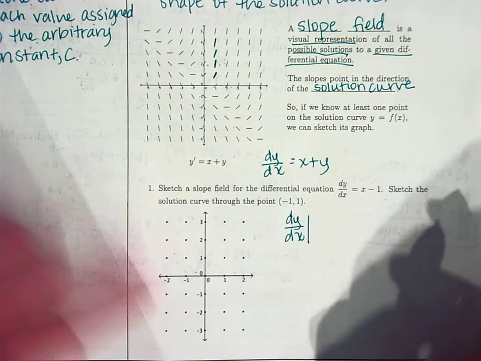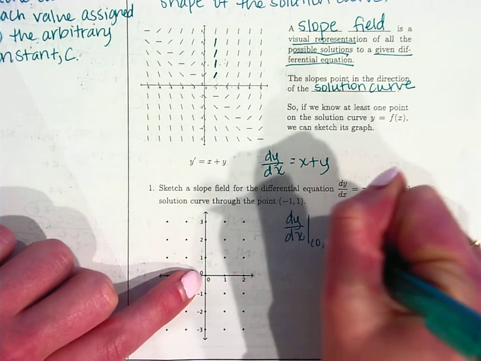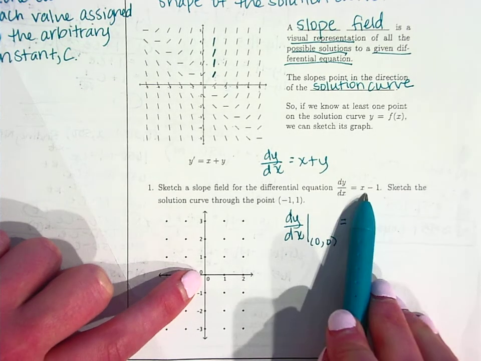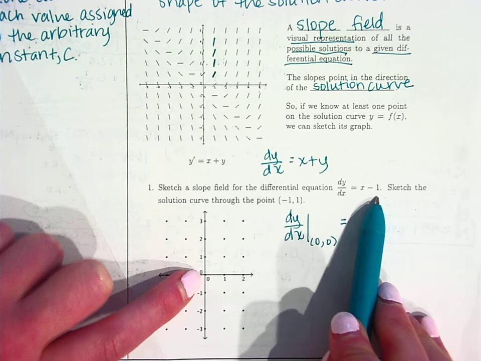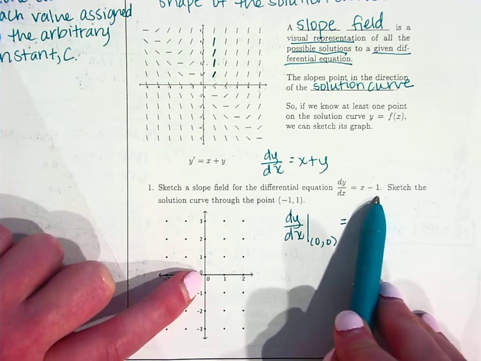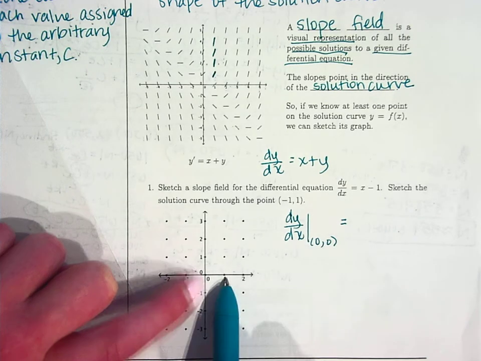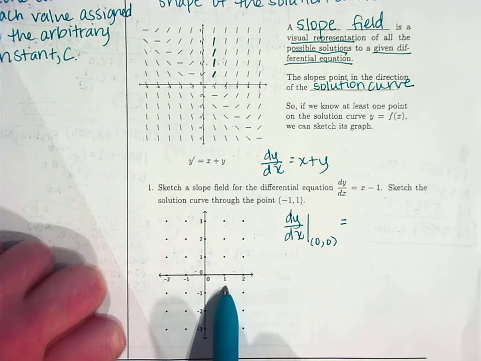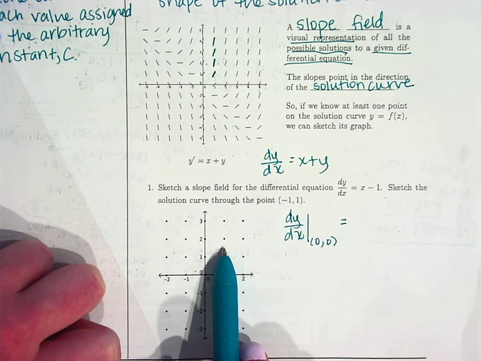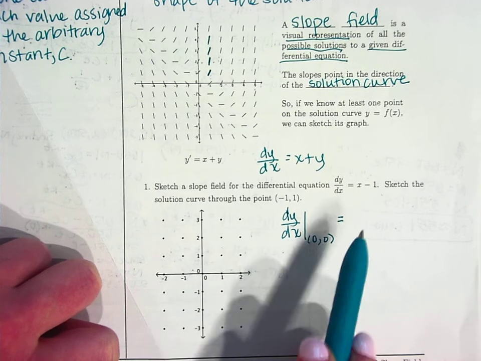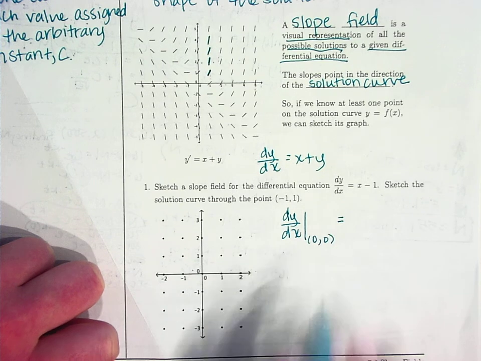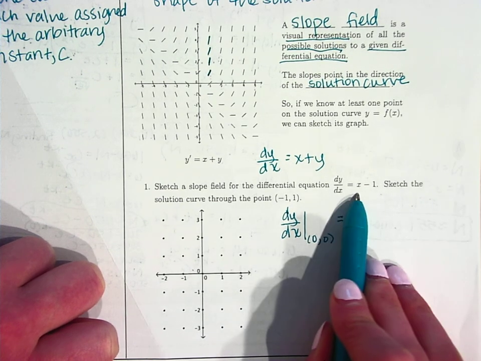If we choose any point, maybe at the point 0, 0, notice that this differential equation is really only going to be affected by x. So it doesn't matter what the y value is. The slope at 1, 0 is going to be the same as the slope at 1, 1, at 1, 2, at 1, 3, because this differential equation is only affected by the x coordinate. Okay, so at 0, 0, if we plug 0